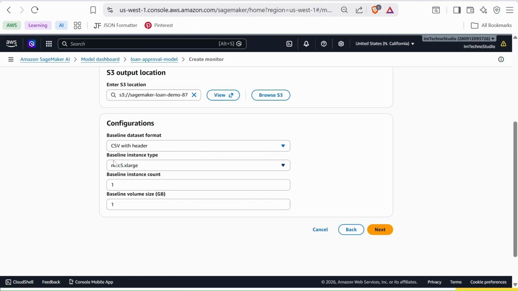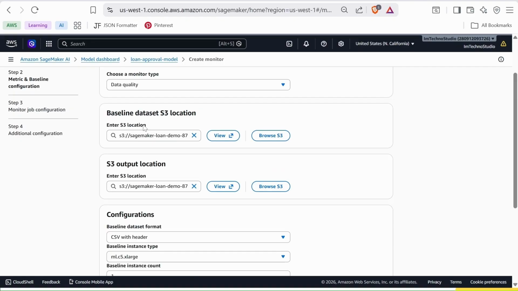Now, why are we choosing an instance type in this step? SageMaker will launch a temporary processing instance using the instance type we specified. This instance analyzes the baseline or training dataset and generates statistics and constraints files, which are then stored in the S3 output location we provided.